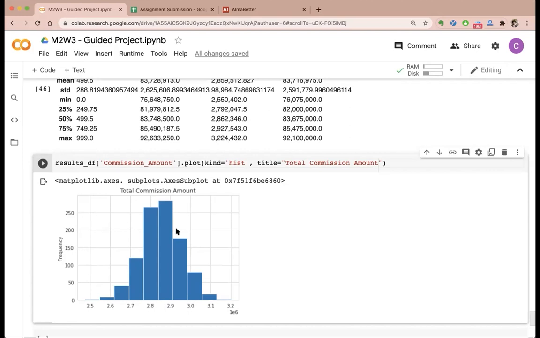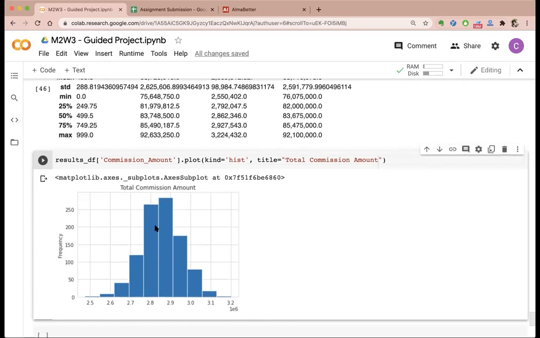Why? Because now you can say that the mean value, the mean budget that will be required next year, will be somewhere around 2.85 million. Okay, so from this graph you can see that the mean will be somewhere around that value. But if the finance department asks you that I want to be 99% sure that the amount will not be exceeded, okay, so you can answer from this graph. Okay, so you'll say that, okay, set a value of 3.2 million, and you have a 99% chance that it will not be exceeded.